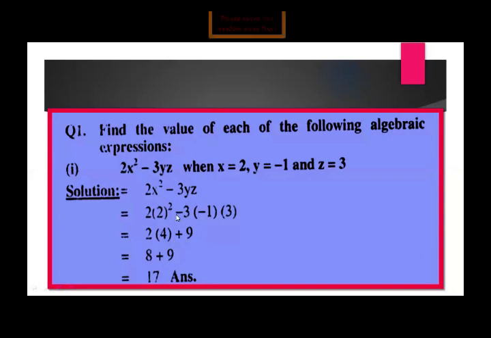Plus, from the second we observe minus minus. These two signs will be multiplied, getting answer plus. Then 3 ones are 3 and 3 threes are 9. So overall its answer is plus 9. Now open the bracket by multiplication because we have understanding that bracket means multiplication. So we multiply 2 by 4, getting answer 8. Then plus 9. At the end we solve the addition. 8 plus 9, answer is 17.